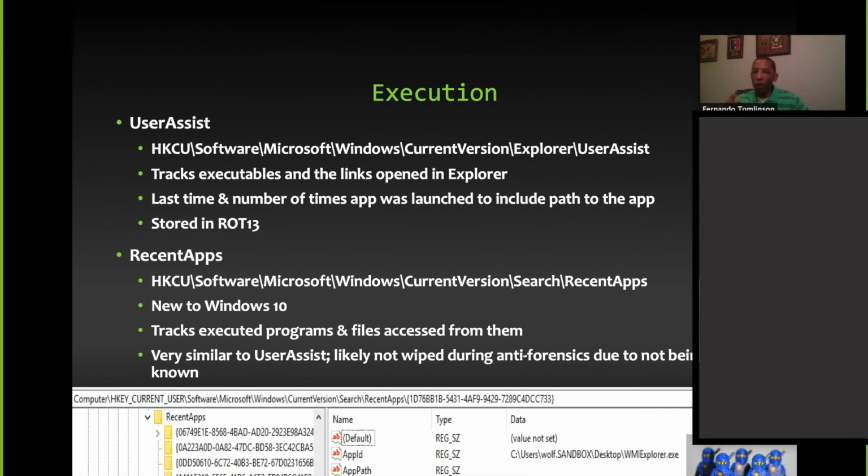Now, what's interesting about both of these is notice the beginning path on the first line of each of them: HKCU, that's current user. When you see current user, that's an individual. So individually speaking, we're able to see what programs an individual opened, and the recent apps. Even if something happened on this computer, I can look at the user's registry hive to understand which of the personas actually executed it. So these are key artifacts from an individual perspective.